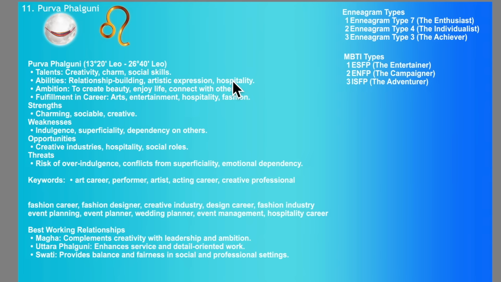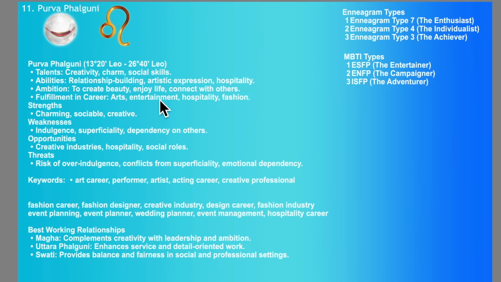Everything that is refined beauty is Venus, after all. But relationship is there. See, Venus nakshatras have a dominant theme of relationships in them. The last one after this being Purva Ashadha. We'll come to that later. Ambition is to create beauty, enjoy life, and connect with others. Their fulfillment in career comes from participating in arts, entertainment, hospitality, and the fashion industry.